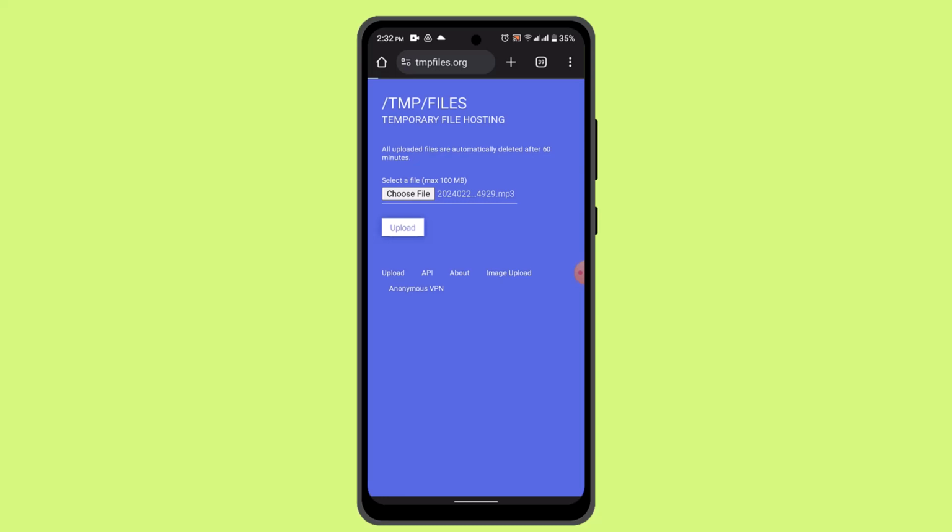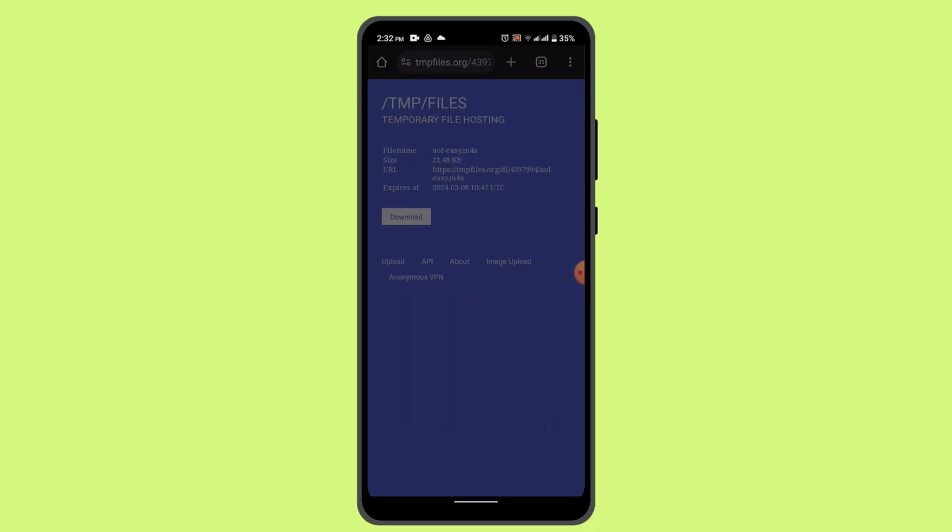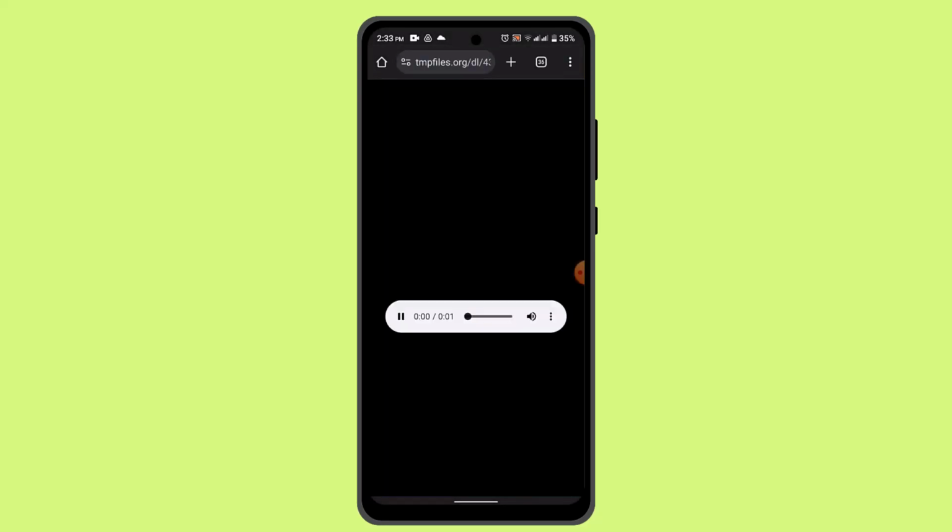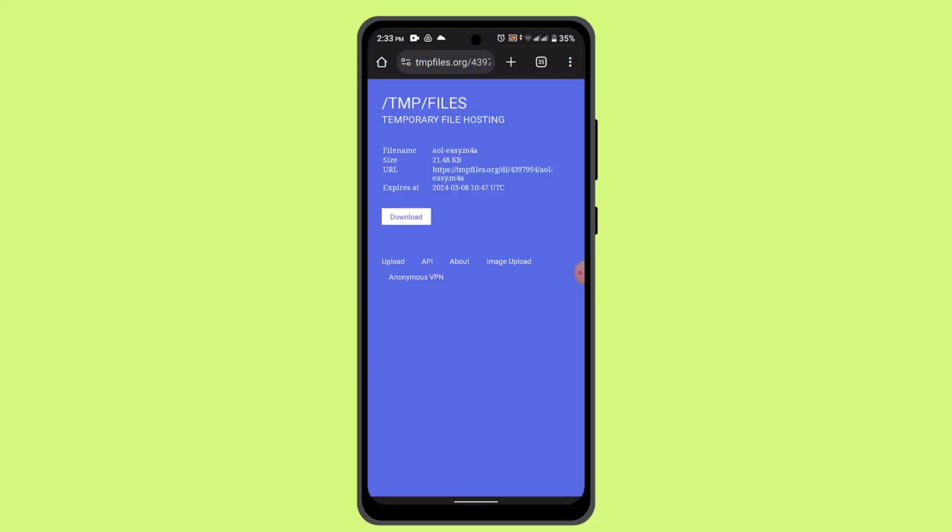It's gonna take a while, just wait patiently until you proceed to the next step. Once it has been uploaded, now you can either download the following link or you can copy the link by tapping on the link. So when you actually tap on the link, it's going to direct you to the page